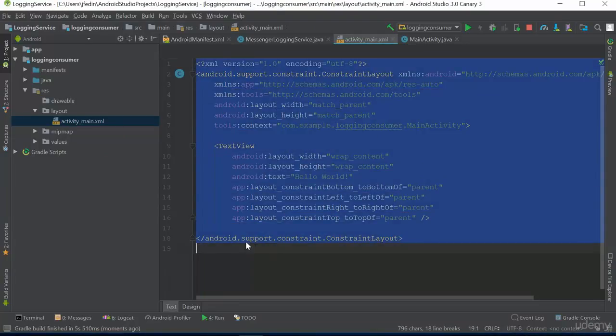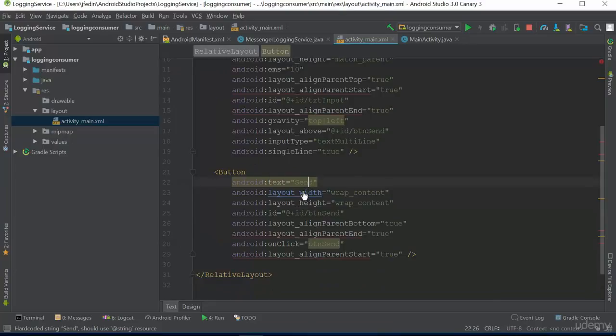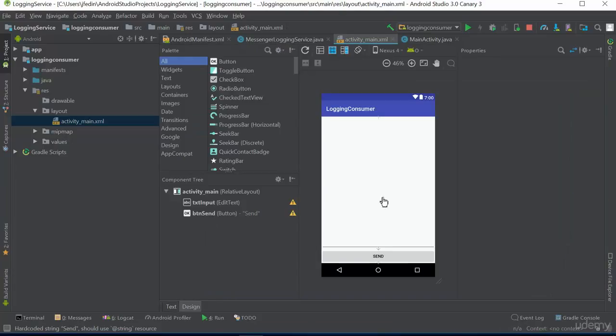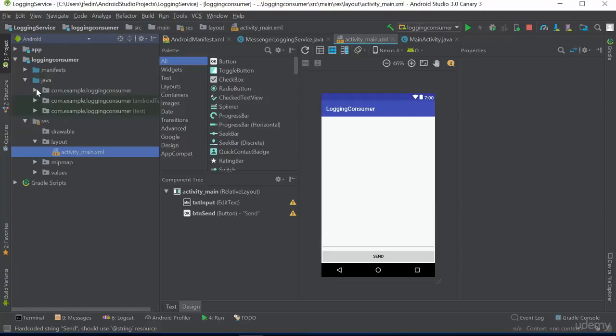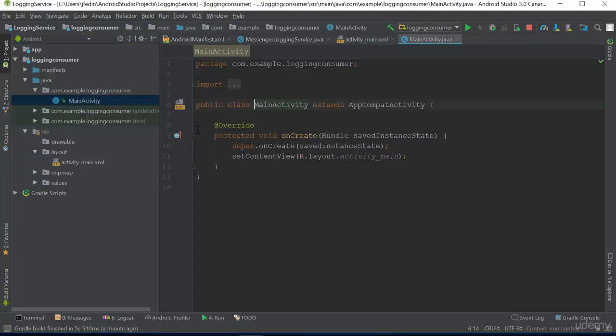So here I'm going to use a relative layout. Save it. It has an onClick. It's just a simple user interface to send some data. All right, so in my main activity, there's a couple things I want to do. I'm going to set my layout when I come in with the onCreate, and that's all I need to do